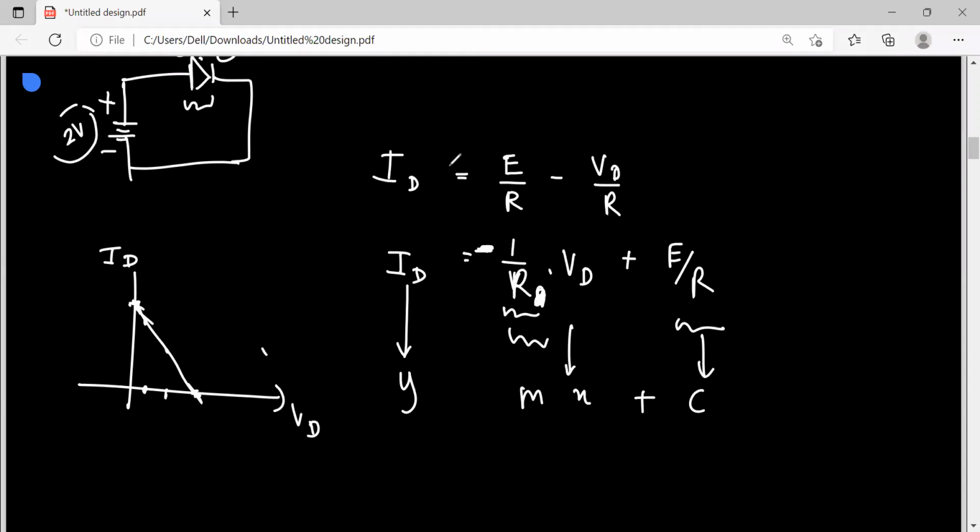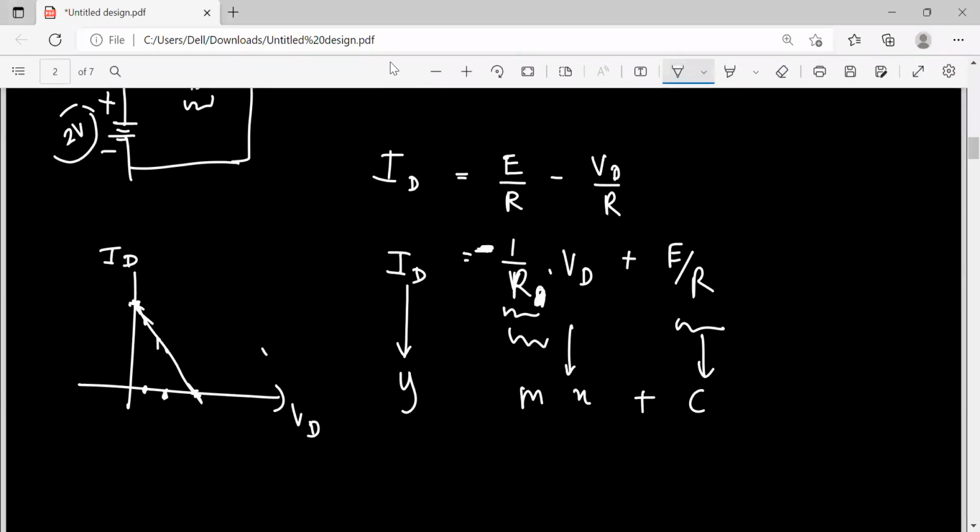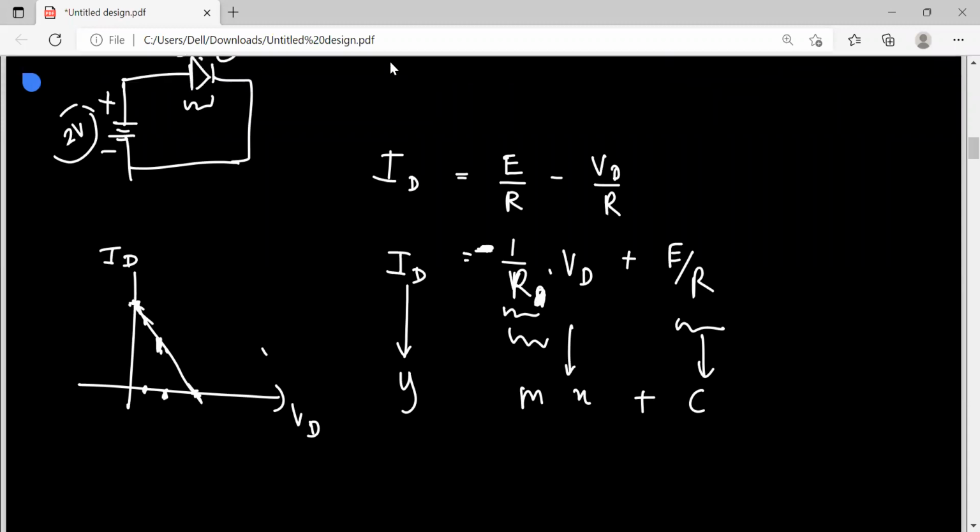If you are providing another circuit, definitely this graph is going to change a little bit. Let's say you are increasing the voltage E by another 5 volts, the intercept E by R is going to increase, so this time the line might come in another direction. So always remember that this graph will change according to that circuit. In that circuit, if you are providing the voltage across the diode like this, you are going to get this point. So it might vary